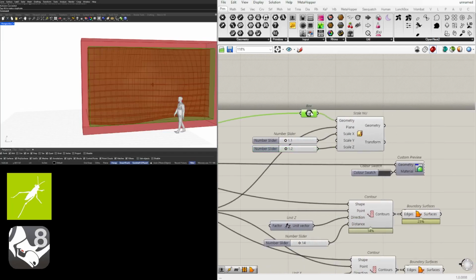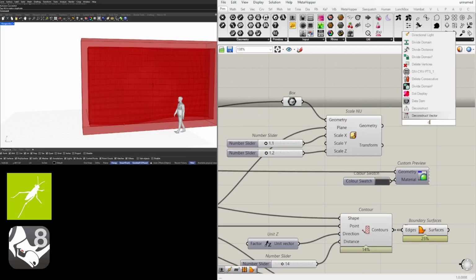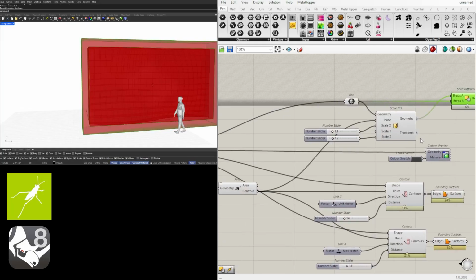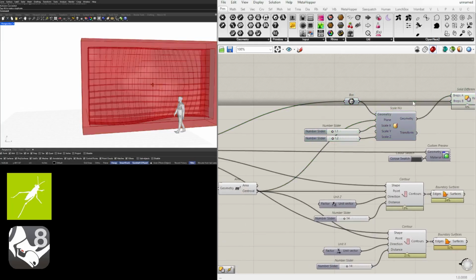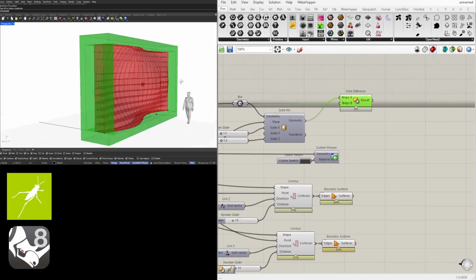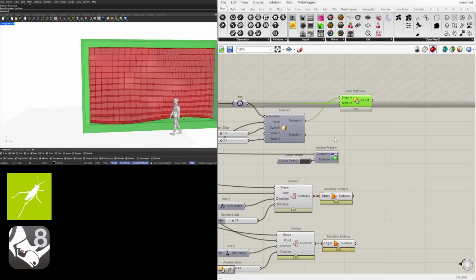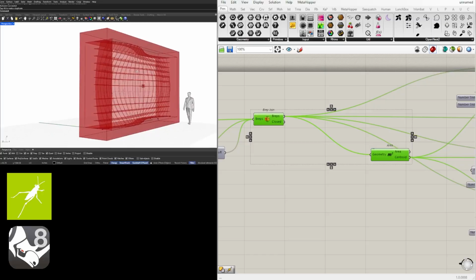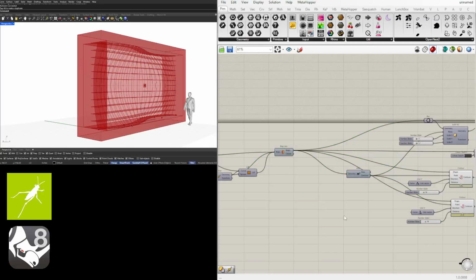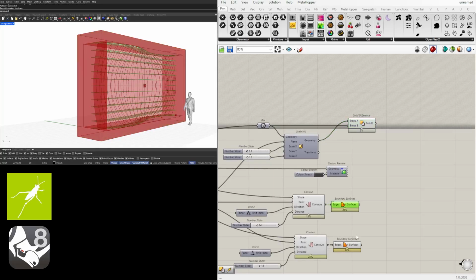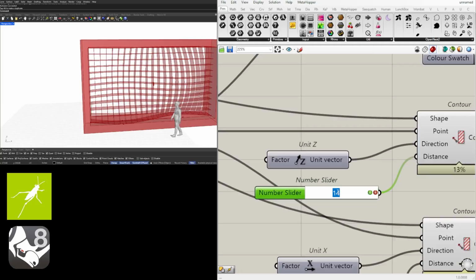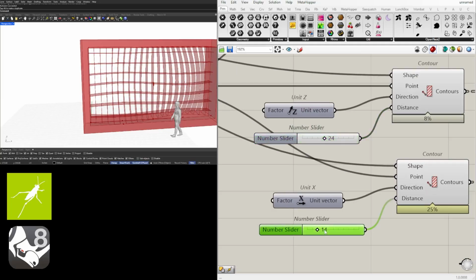And now we can subtract using Boolean difference or solid difference here in Grasshopper. Subtract the initial box from the second box. So this is a frame that goes around that. Now let's take a look at the subdivisions here. I'm going to decrease the number of them. So if I increase the spacing between them,